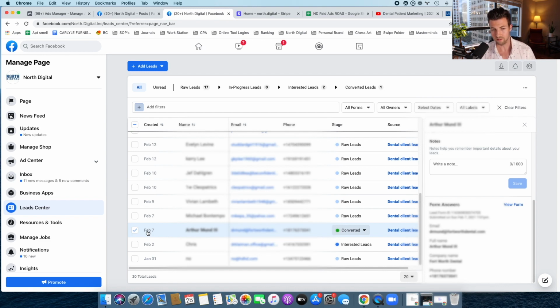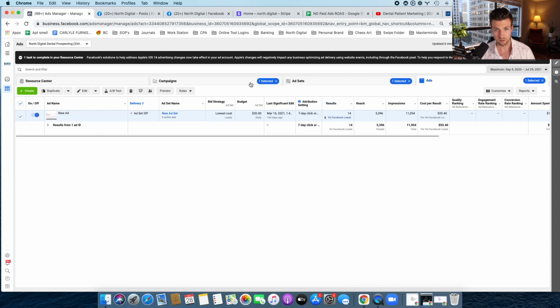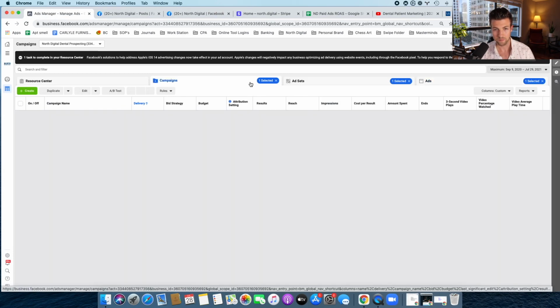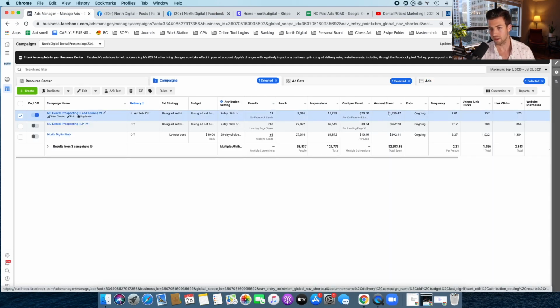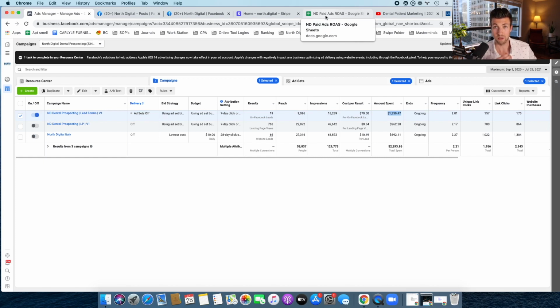And this is really, really encouraging for me because if we go back to the ads manager and we go back to this campaign, it only cost less than 1,400 Canadian dollars. And this client has now been with us for 5 months, paying us $1,800 US every month. So what I want to do is break down some of those numbers and tell you guys why I'm excited about this for our agency.